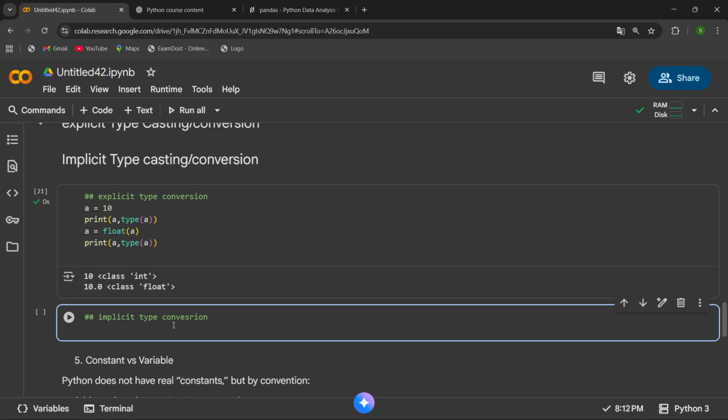Okay. So in the implicit type conversion, Python automatically changes the data type of a variable to prevent the loss of data. Okay, so there is a specific hierarchy of our data types. Okay, so what is the hierarchy? First of all there is a float value, then an integer value. Okay, it means that float value contains an extra amount of information as compared to the integer,